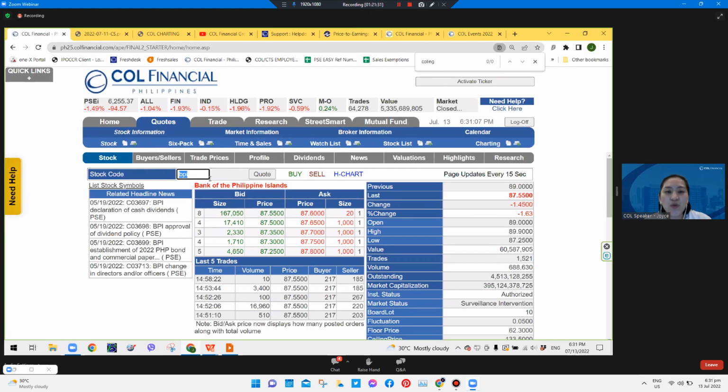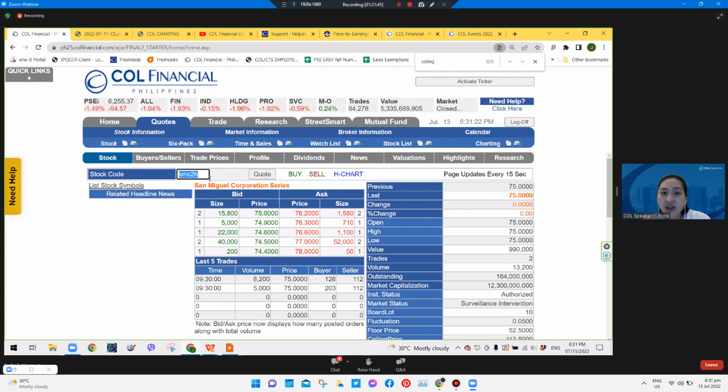Now, if you want to invest in preferred share, meaning they give you a dividend, a fixed dividend for it every year until they buy it back from you, then that's called the preferred share. So that is you have preferred shares under SMC. You have preferred shares under SMC has the most preferred shares. Oh, there's also,